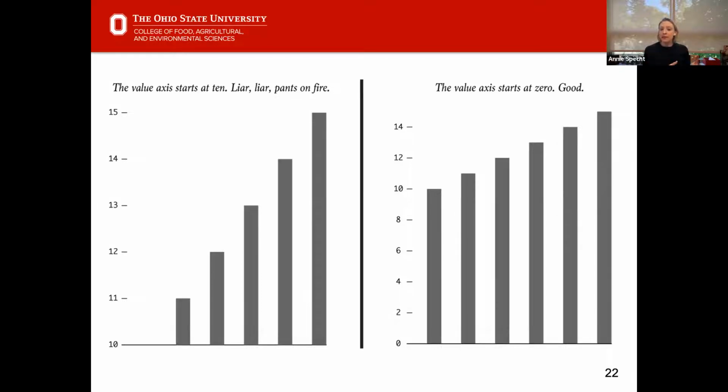The left-hand example looks a lot more dramatic than the right-hand example because we are working with just a snippet of that information as opposed to the whole big picture. So like I said, we tend to see these in situations where we want to see results exaggerated for some type of dramatic effect. But from a scientific standpoint and a visual literacy standpoint, this is a really bad practice to fall into. So definitely something to look at.